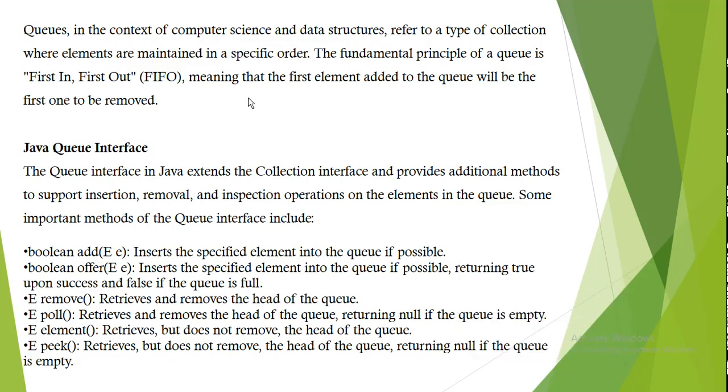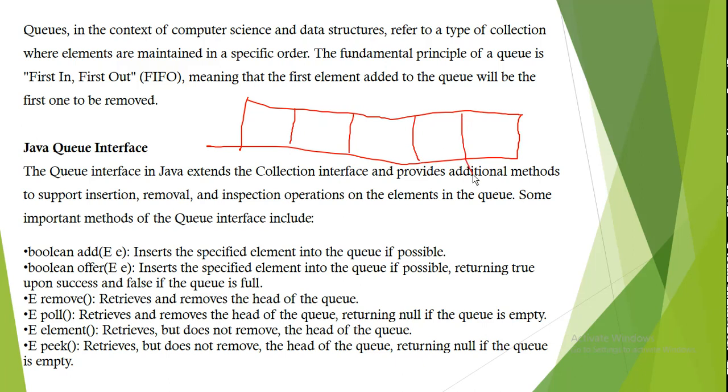See how it accepts, right? Imagine this is your data, and you store the first data, second data, third data, fourth data and fifth data. So how will you add? Imagine this is your front point, and this one will be your rear point, and this is your adding point,